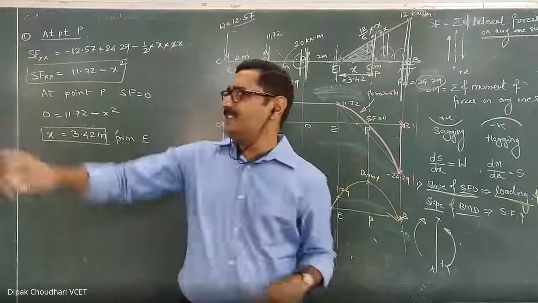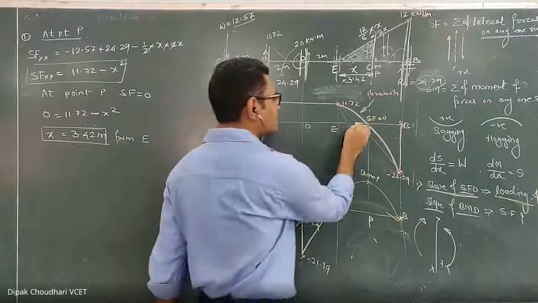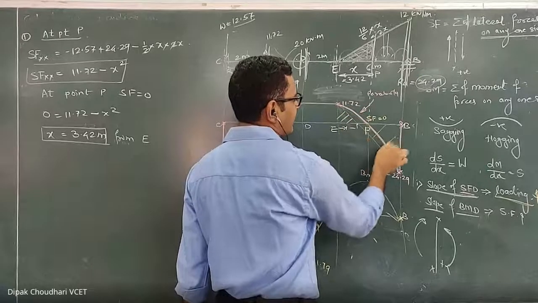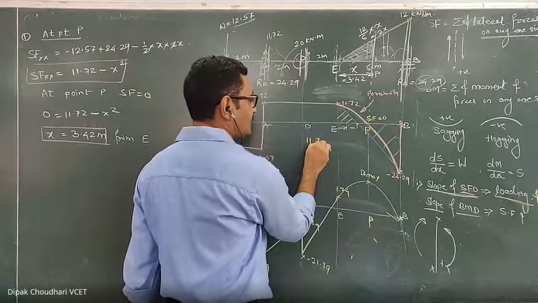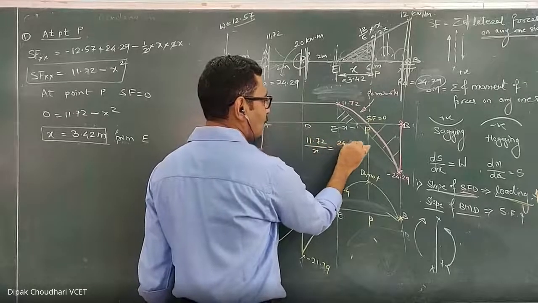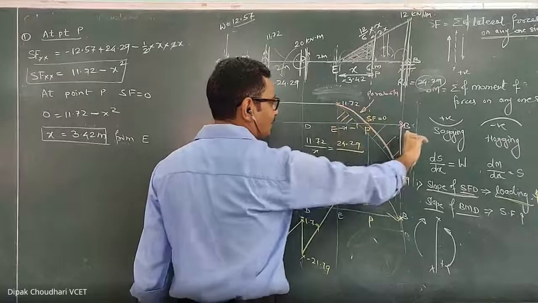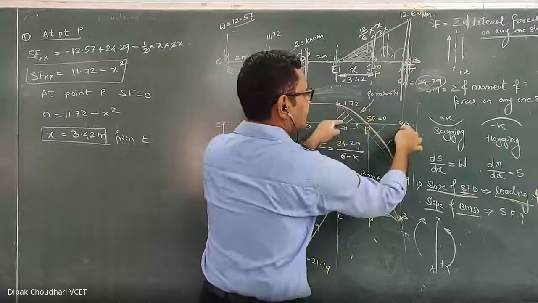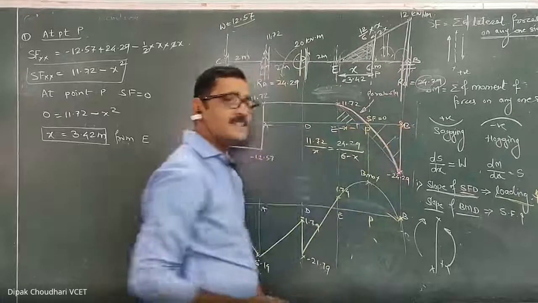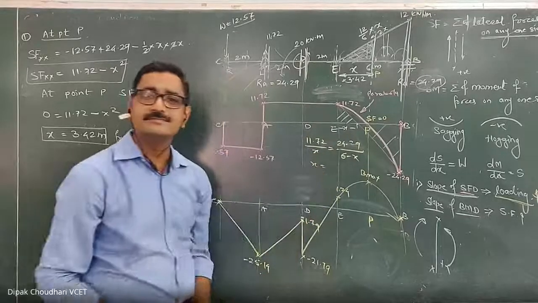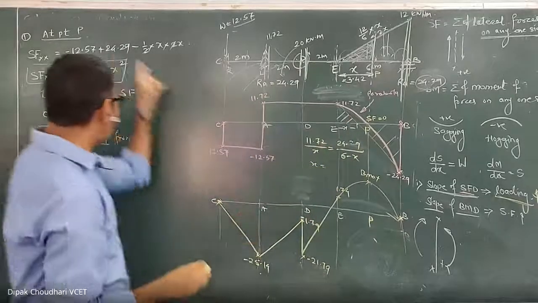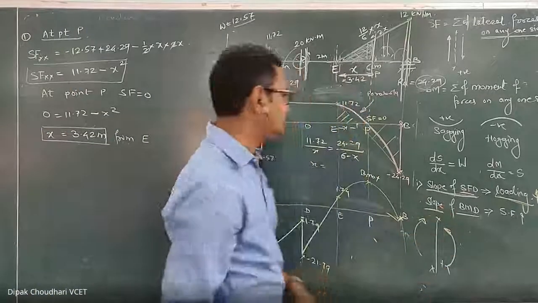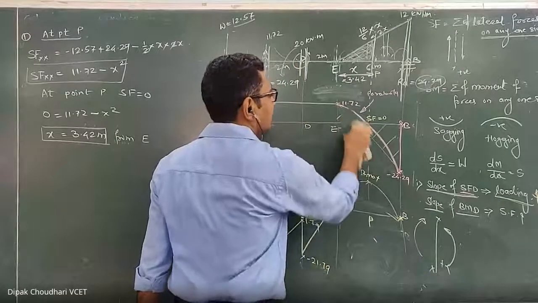And if there is a straight line, instead of writing the equation of the shear force to get this distance x, you can directly use the property of similar triangles in this triangle and in this triangle. It means that this 11.72 upon x equal to 24.29, this height upon this base equal to this height upon this base. अभी ये base कितना आता था? It is 6 minus x. This EB distance is 6. If I consider this as x, then this becomes 6 minus x. Simplify this, you will get x. But since it is a parabola in this question, we cannot use that property of similar triangles. If there would have been a straight line, we can use that. Understood? Any doubt?